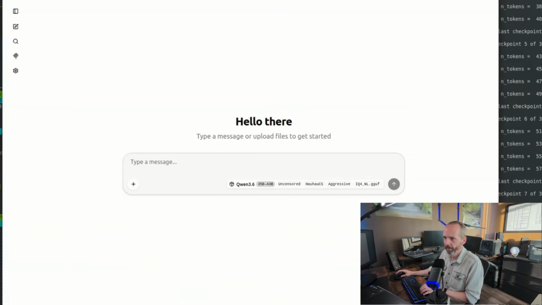How well would we do with that kind of experiment? I'm going to stop this because I don't actually need to see the summary here. How well would we do with computer code? Let's try it. I'm going to take